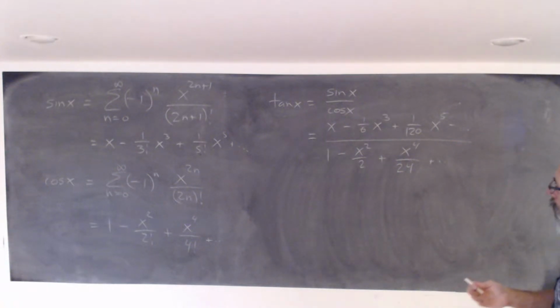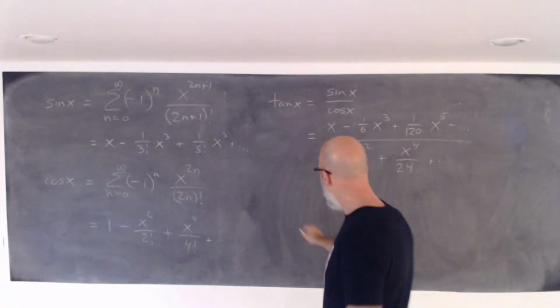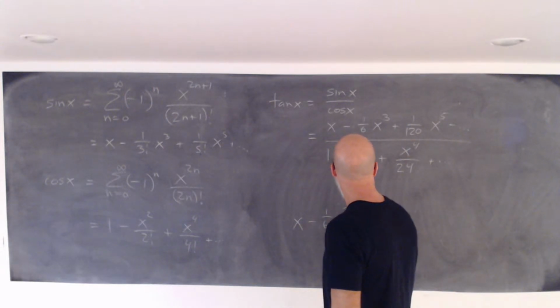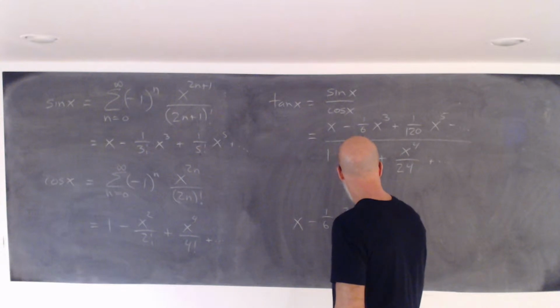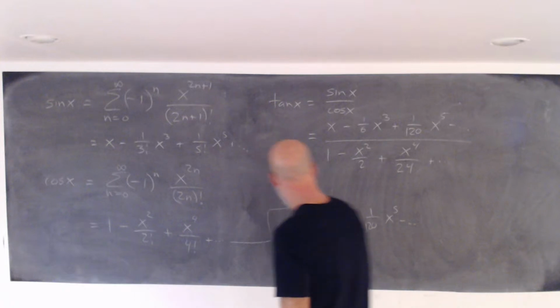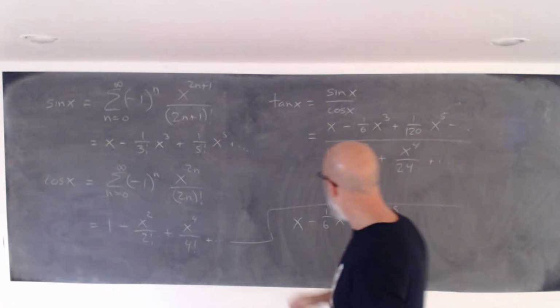So if you do long division, in other words, x minus 1 over 6 x cubed plus 1 over 120 x to the 5 divided by this,